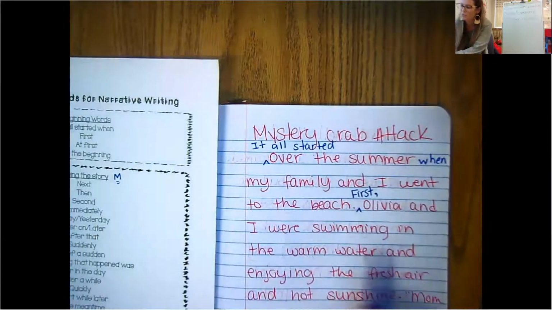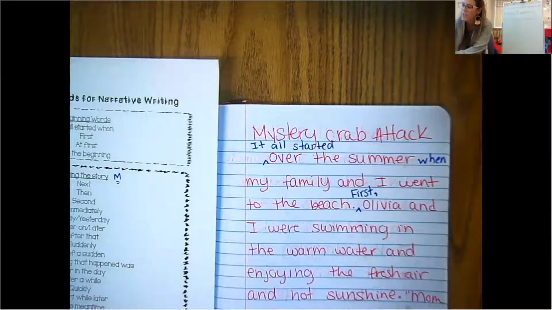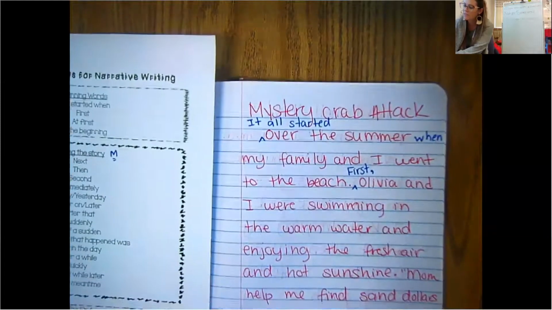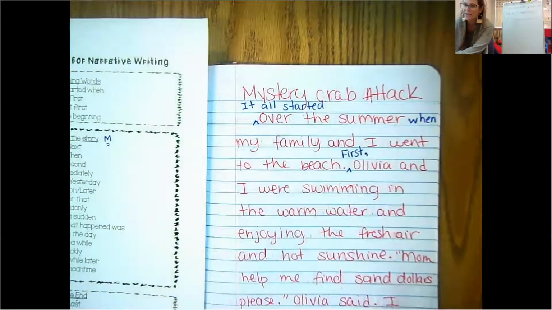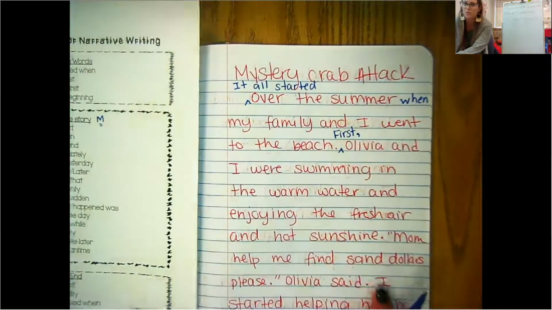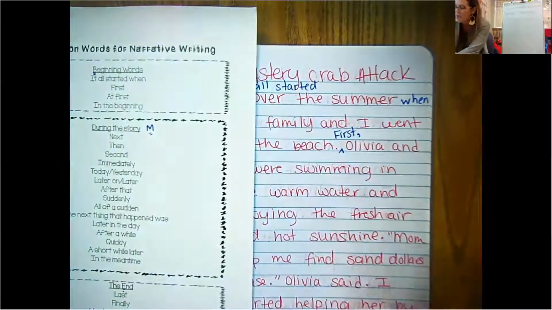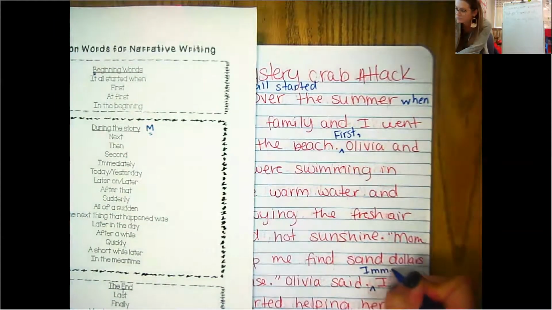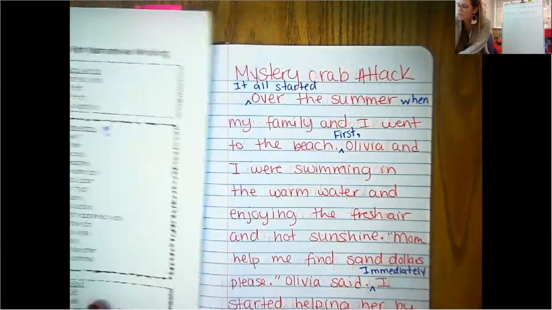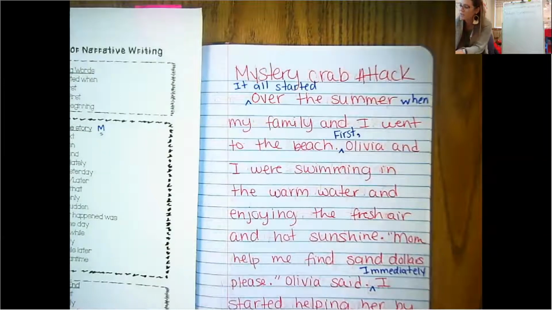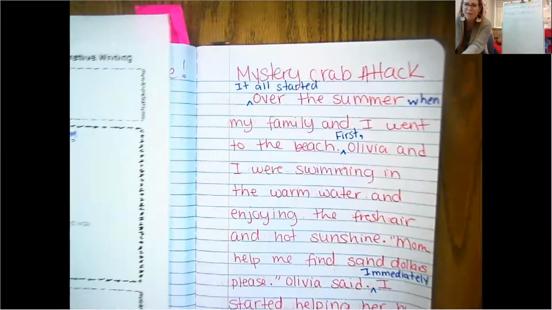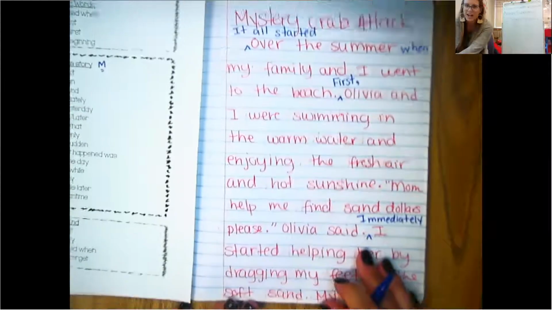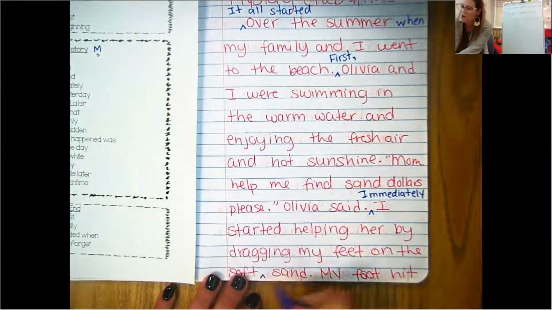First, Olivia and I were swimming in the warm water and enjoying the fresh air and hot sunshine. "Mom, help me find some sand dollars," Olivia said. This would be a perfect spot for my next one. I'm going to add immediately. Immediately, I started helping her by dragging my feet on the soft sand. I might even add an adjective in here. The soft sand, I might say the soft